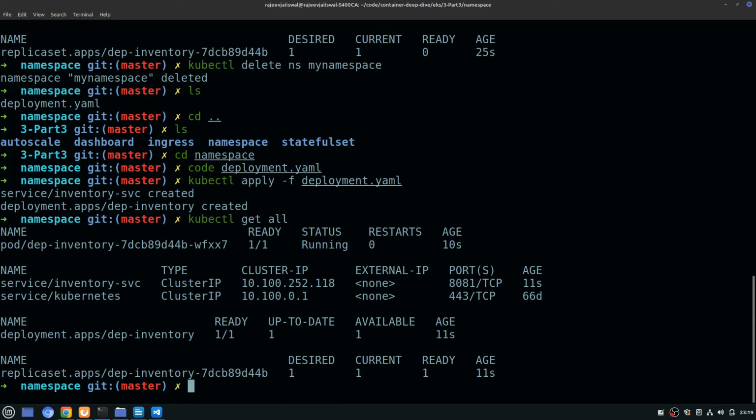Alright, now see, one pod is running. The reason being, in the deployment file I have mentioned only one replica, right? What if I need to go and change this number? I want more replicas to be deployed. The command is pretty simple. You need to give the command